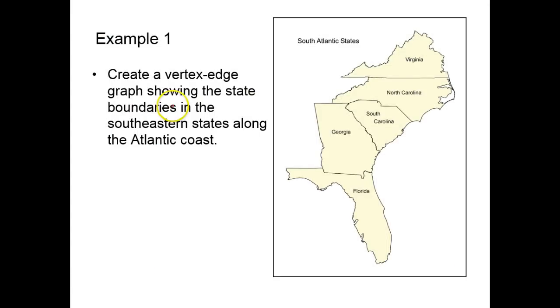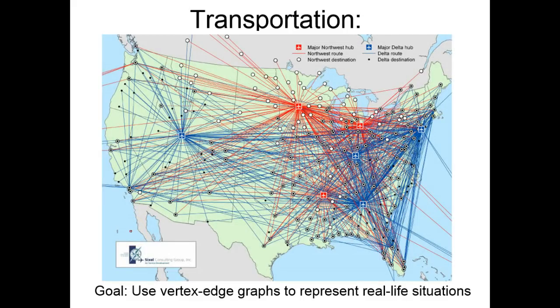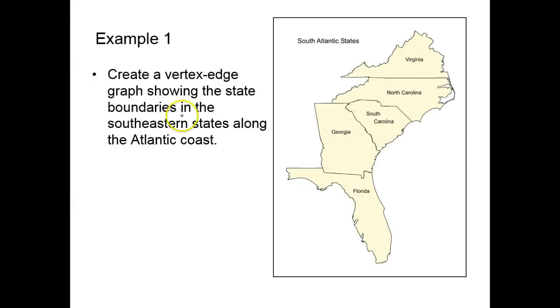So let's do an example. Obviously this is way too complicated for us to draw by hand today, but this is going to be a little bit easier. Let's create a vertex edge graph showing the state boundaries in the southern states along the Atlantic coast. So we will let each state be represented by a vertex. Okay, so let's see. We will have